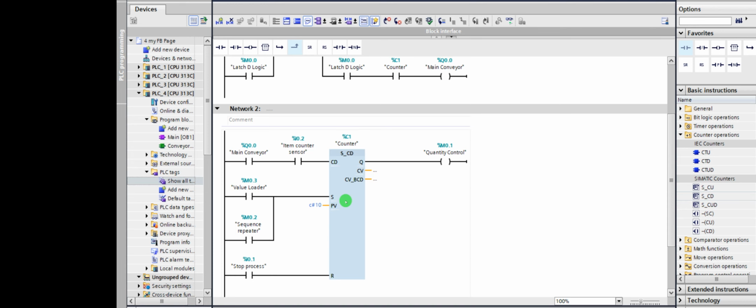This counter is responsible for registering the number of bottles counted by this sensor. Then this one acknowledges the counting, registering the number of items counted by the sensor. I repeat again, the number of items passing along the conveyor. This sensor is responsible to count the number of items passing by. So when it counts, the registering is going to come here. The counter is going to take that value and send it to the PLC, telling the PLC that this is the number counted by this sensor. So this particular device is like a storage memory that this counter sends the signal to. Then this one transfers that information to the PLC, to display, because there is going to be a display unit where you can see the actual registering